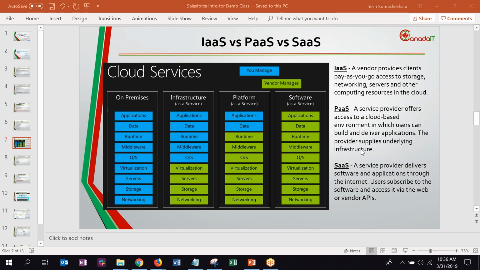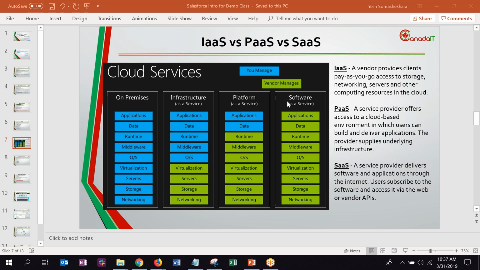Then finally comes software as a service, where they are going to do everything. You just have to do small configurations, whatever you want, things like that. But they are even giving you software, and Salesforce is software as a service. As an application, software as a service. So yeah, I would say here is like going into a restaurant. You go in there, you order what you want, you eat, you pay the bill, and come back. So that's I would say a major difference in how we can divide cloud services as infrastructure as a service, platform as a service, and software as a service.